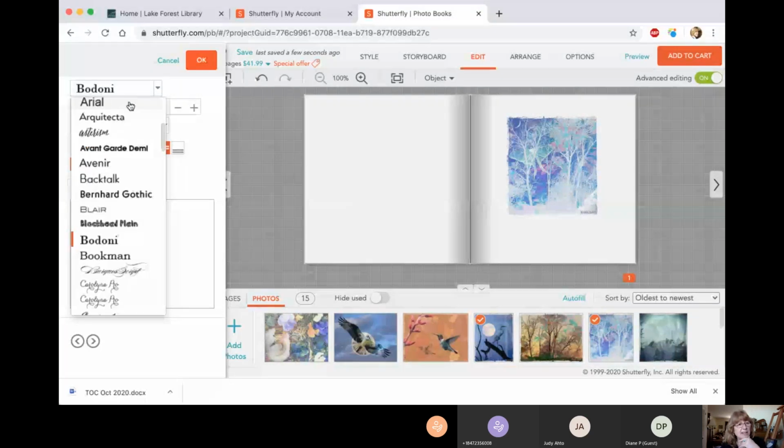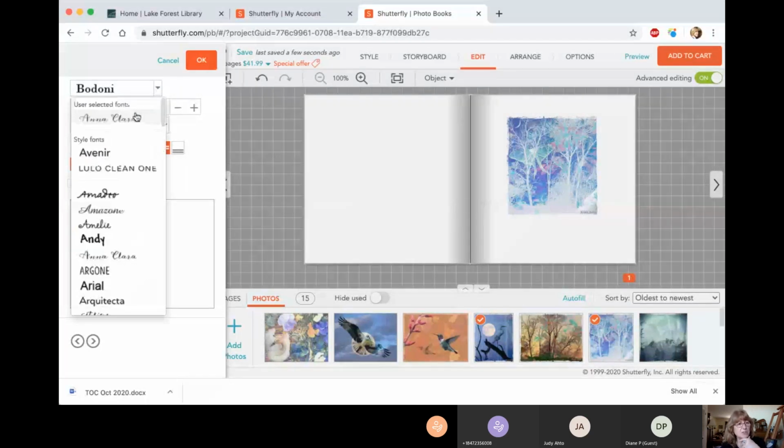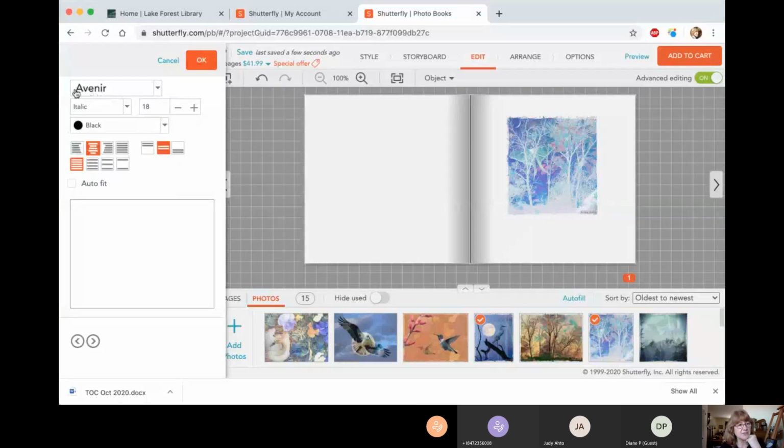I'm going to go with a sans serif font, which you notice does not have the serifs, which are the footers and the headers on each letter. And this is a nice, clear, blocky type, which is going to be good if we have a lot of type. And I'm going to use that as my secondary font. I usually try and just pick two fonts for each project, maybe a serif and a sans serif that work together. And then you can use different weights of the fonts to kind of call out what you're trying to